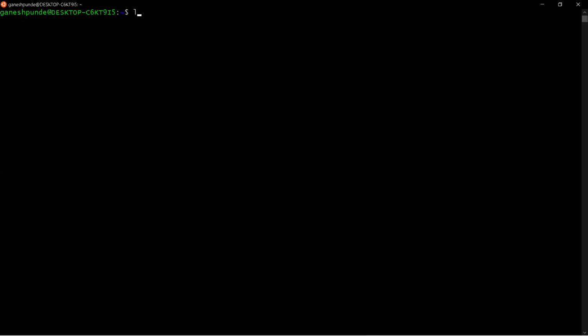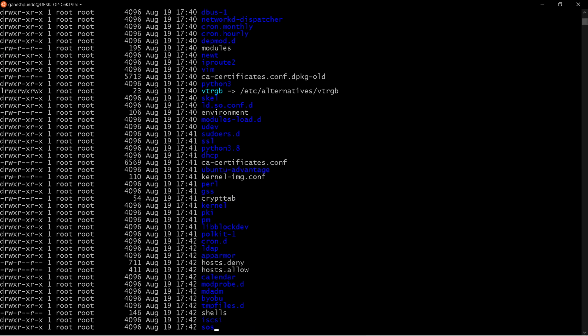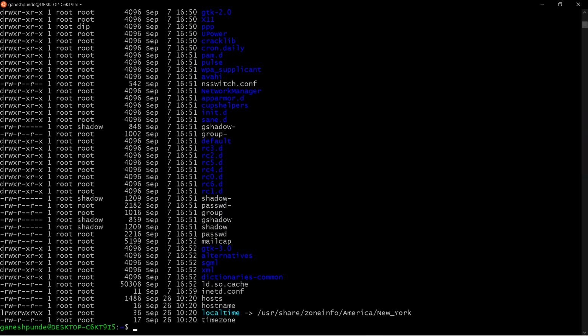So for example, if I say ls -lrt /etc, you can see this is not accommodated on a single page. So I'm saying display this list of files with more.